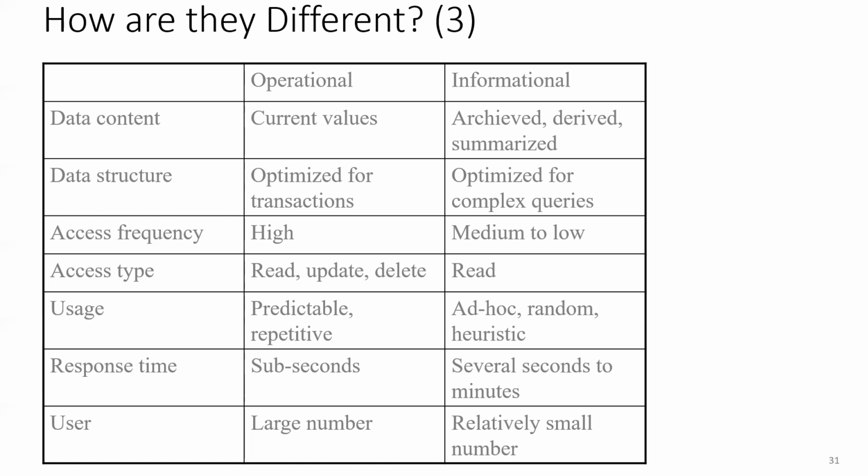Billions of records, for example, we're talking about Facebook transactions. For every user, there are different transactions. When you post something, when you like something, when you comment on something, when you reply to something, when you poke on some post, etc. All these are different types of data that you give. So it may take several seconds. Users of an operational database are a large number. Consider the Facebook database, for example, because Facebook is used by many people.